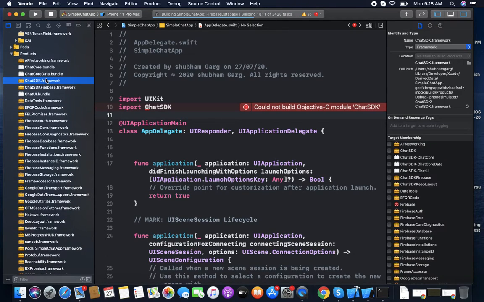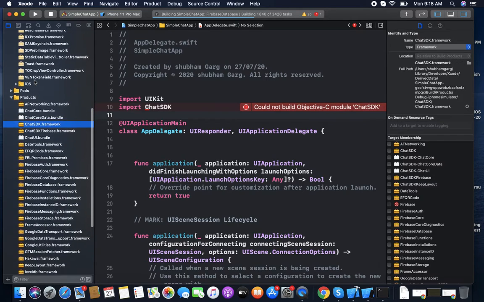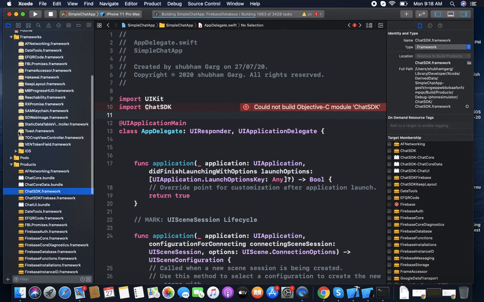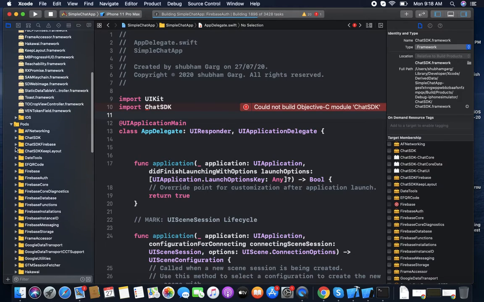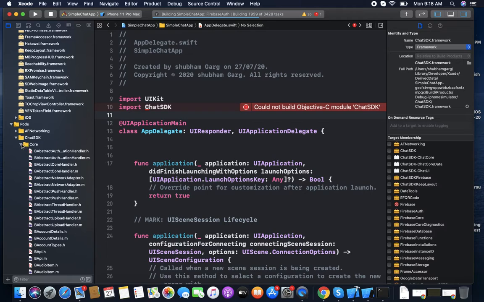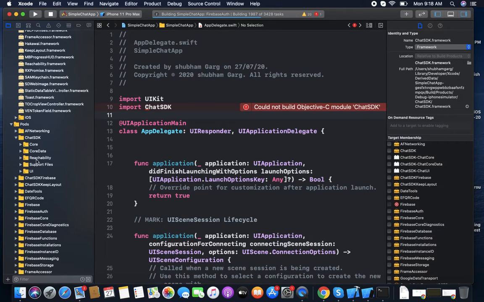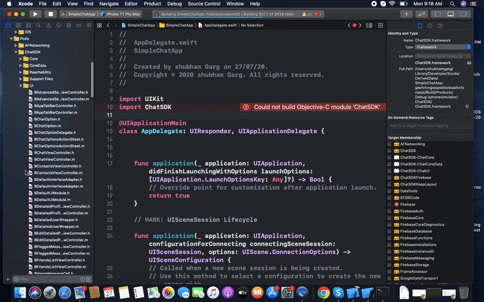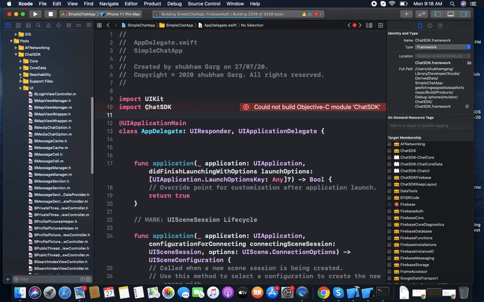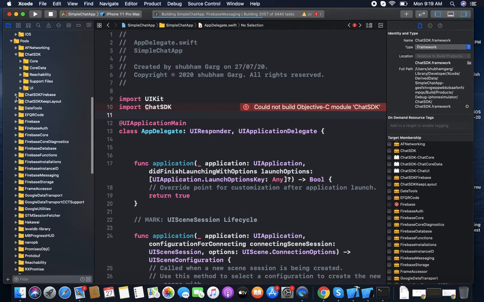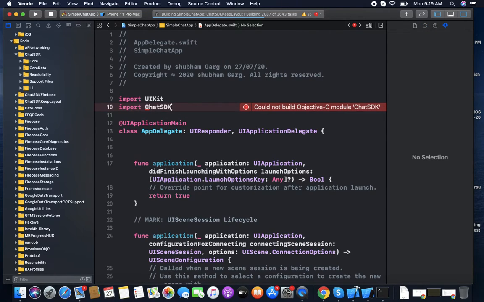If you go to pods, ChatSDK framework, pods, you can see there will be core files, then core data, reachability, support, UI, loads of UI there. Also, it's divided into core SDK, ChatSDK Firebase, keep layout. Lots of things it has. So it will take a little time to build the first time.